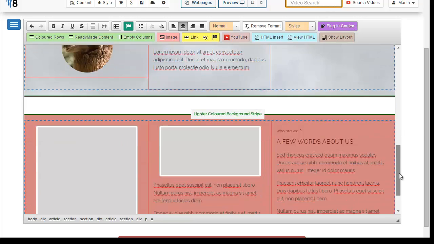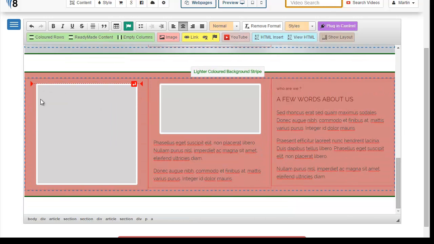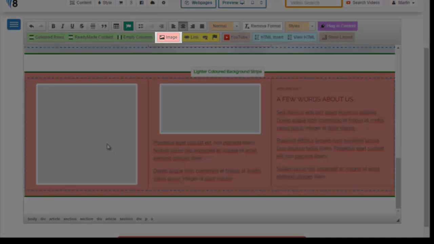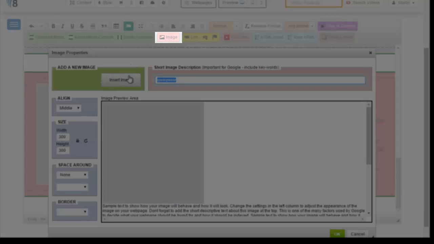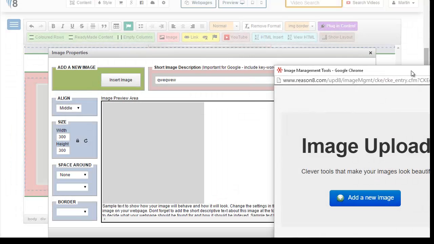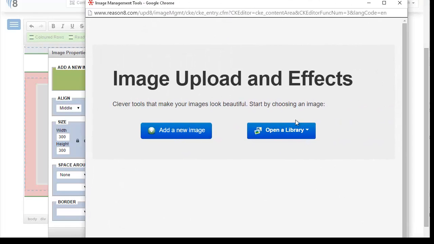Now if we're going to replace this square image with the border, but in this case we actually want a square image, but let's say we want a little bit of drop shadow on there. So let's see how we do that. As you can imagine, we click once on the image, once on the red image button, we click on the insert image, we then move across and we click on the open a library,